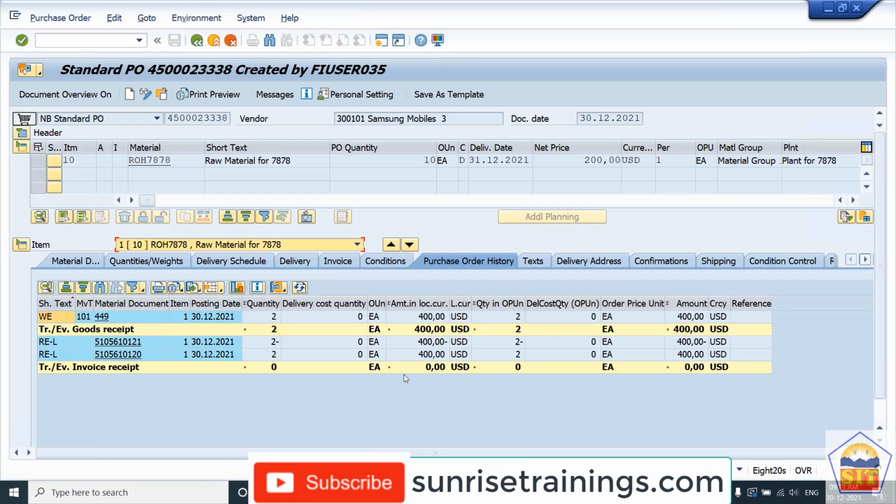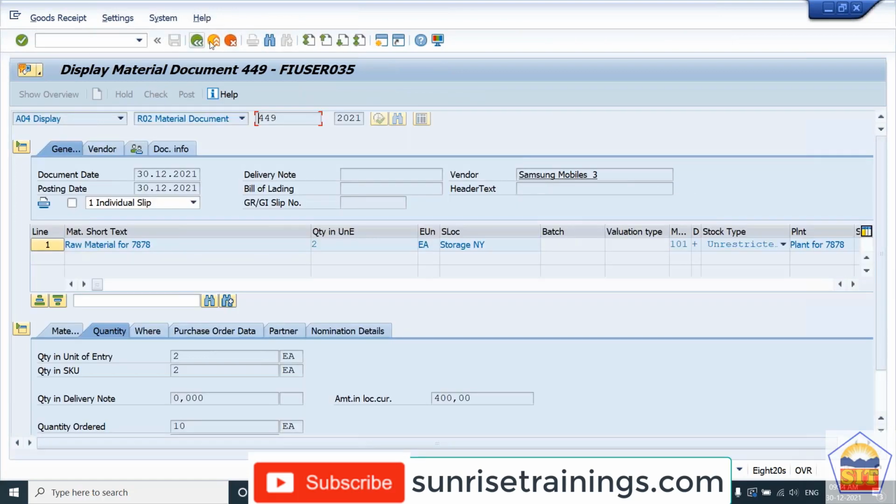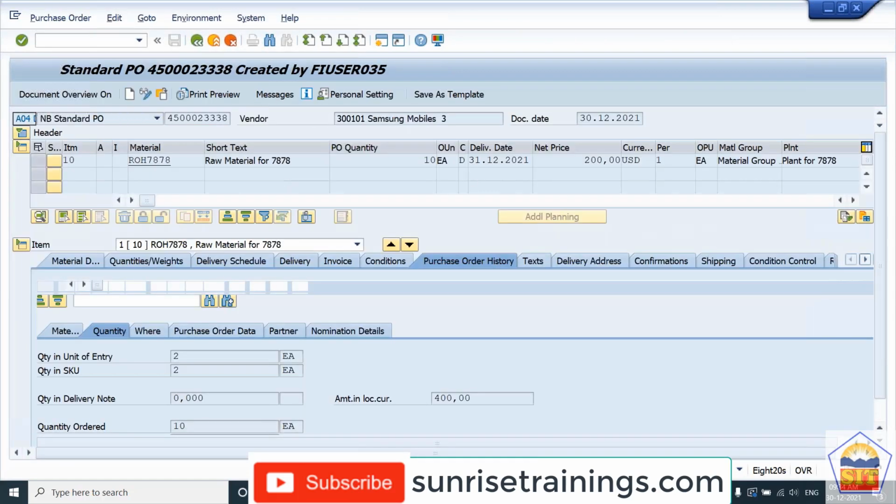In the PO history, it will show you first you have made an invoice of 400, then you reversed it. The first one is your reversal document number, the second is your invoice number. And you can just see here, this is the material document number 449, that is your GR.